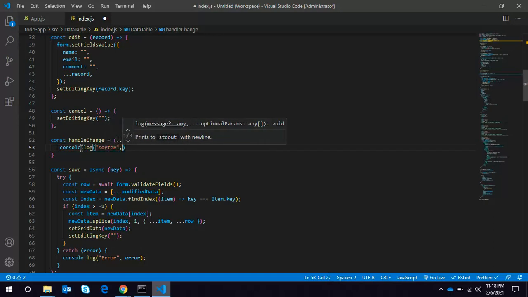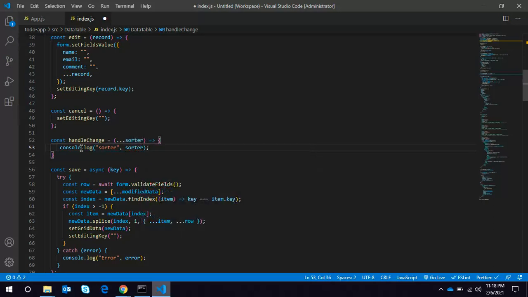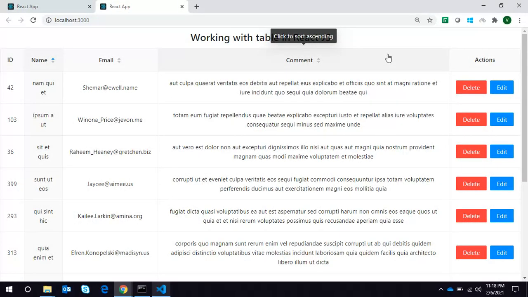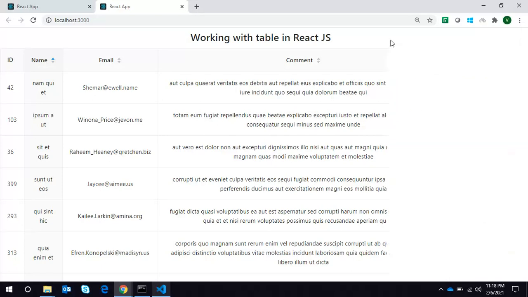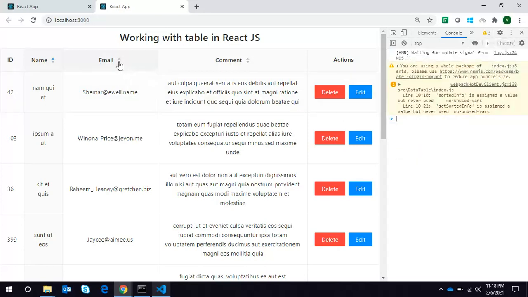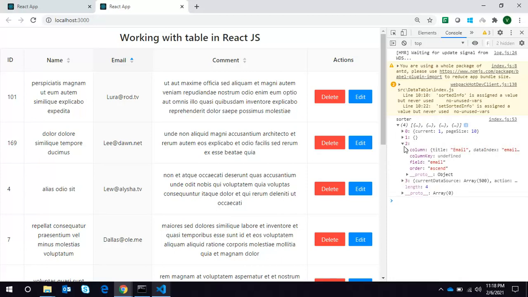We will console log the sorter. Now the sorter will have the information, so we have identified which column we have sorted and what the order is.